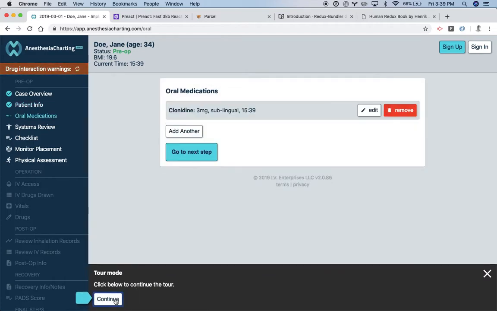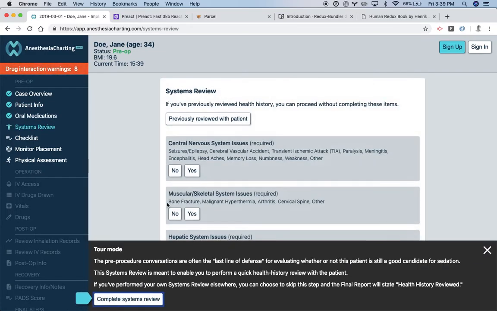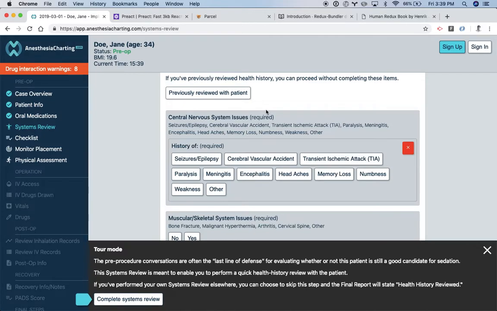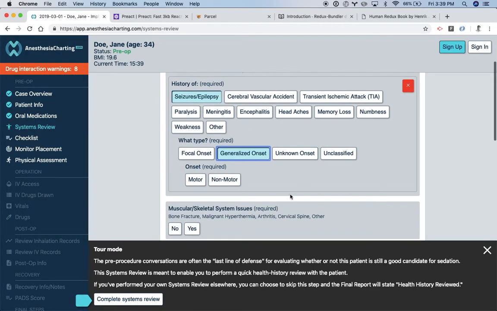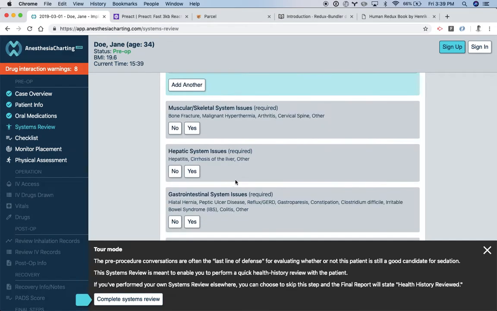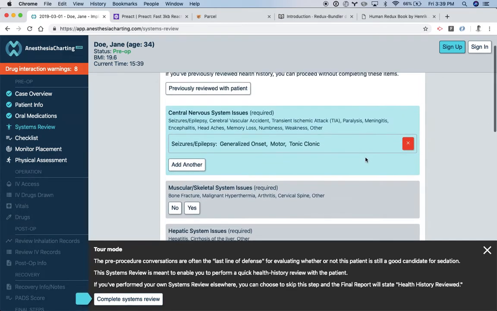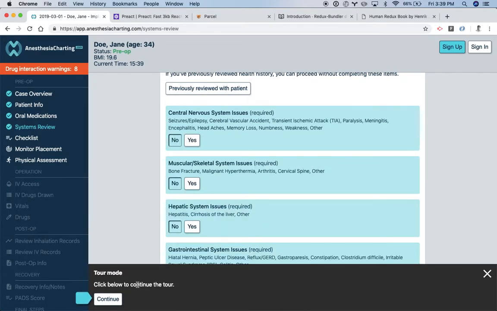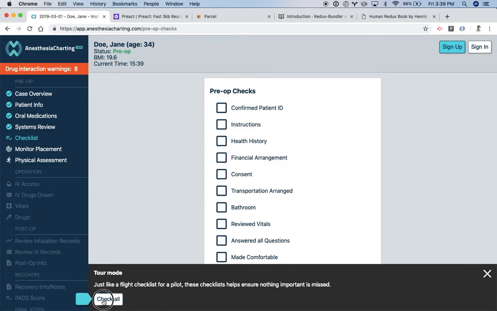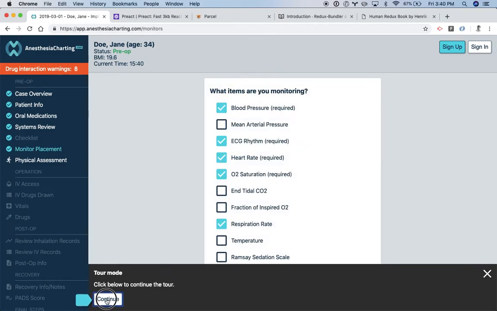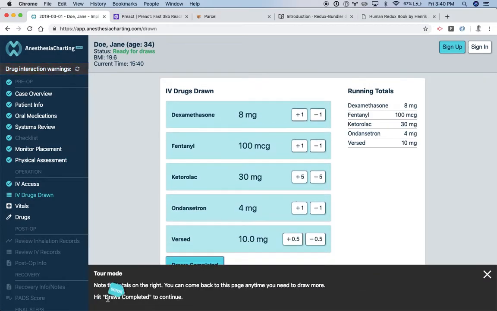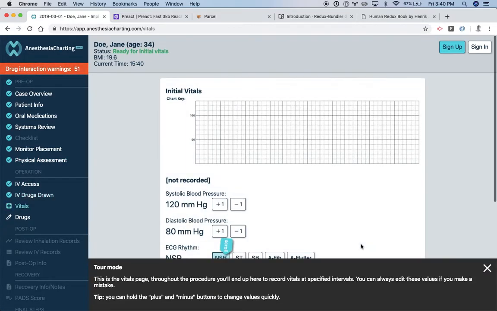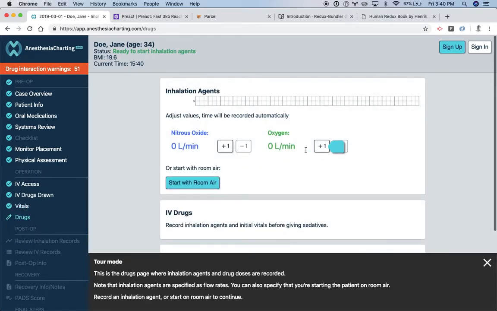sure, this is all just form so far, but these actually go really deep. So if you want to go through a systems review with a patient to see what kind of stuff they have, some of these go really deep in terms of specifying things. There's a lot of data being sent here, tons of stuff to track. This is simple, blah, blah, blah, IV access, drugs you want to pick, draws completed, and